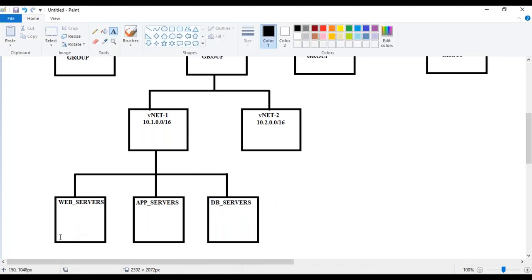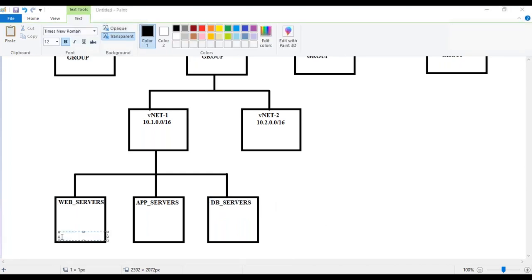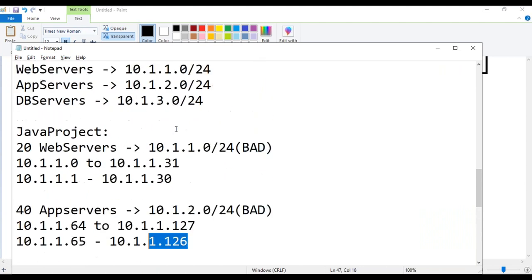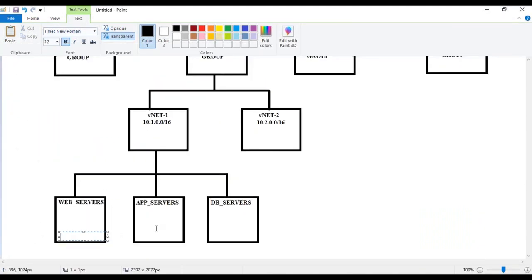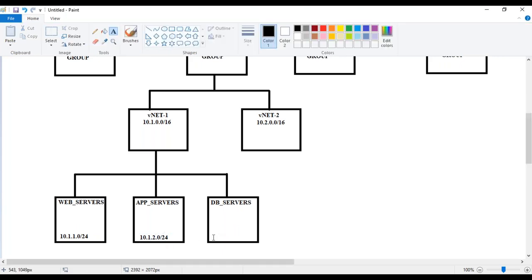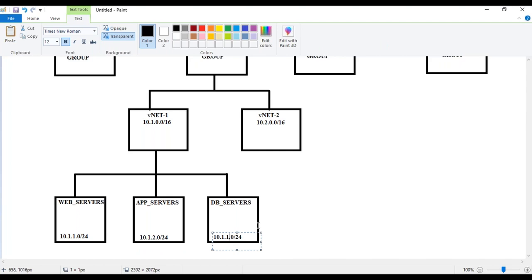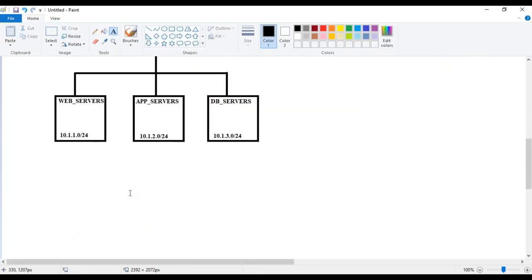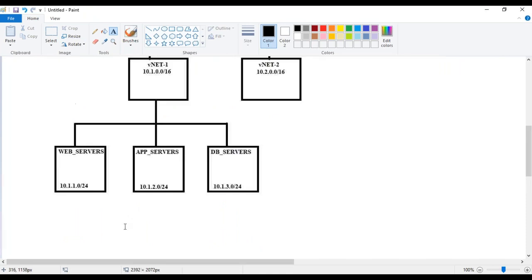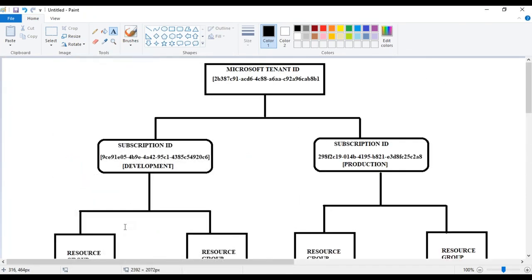Of course, we need to do this type of IP addressing, but I don't want to confuse you guys with the subnet, so I'm going to give 10.1.1.0/24, then 10.1.2.0/24, and finally the third one, 10.1.3.0/24, guys. Inside the subnets, you're going to get the VMs, all these things, but don't worry, at a high level, this is what's happening.